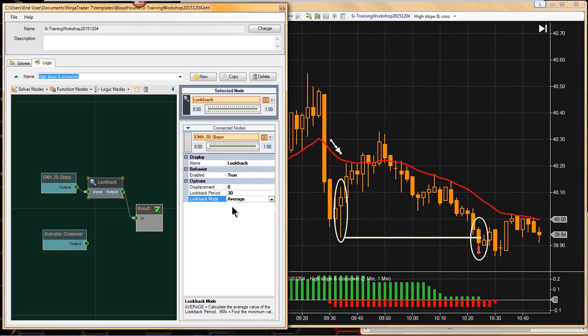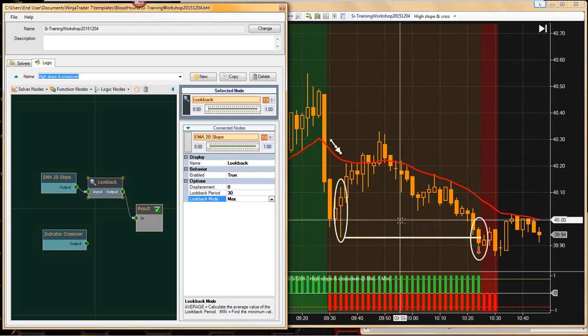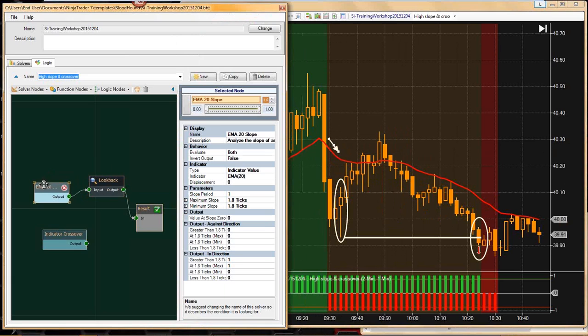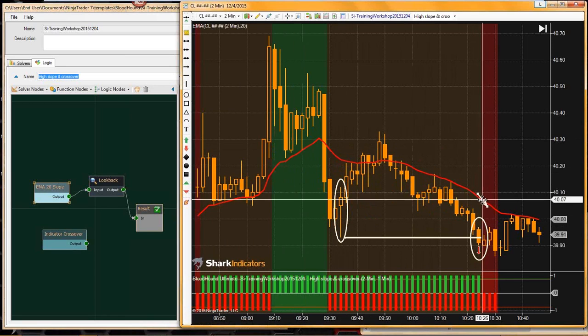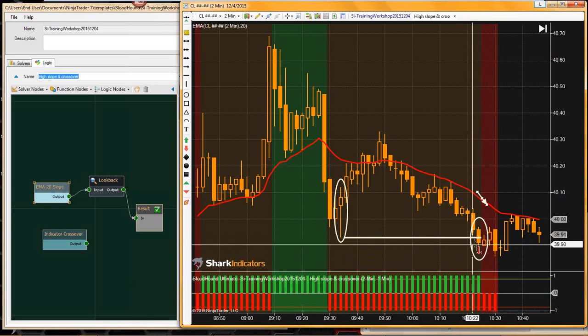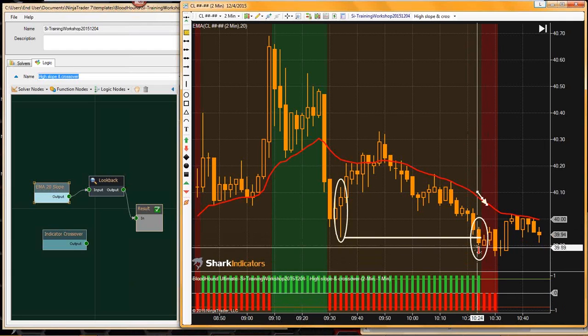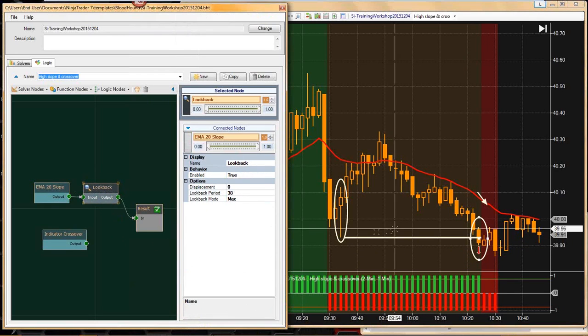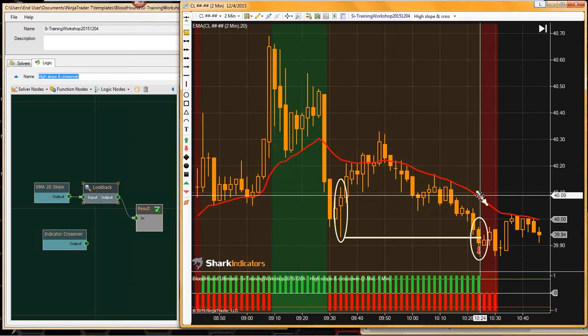But in this case, we're going to use the max here. And so what this look back did is it took the output from the slope solver and extended it forward in time for 30 bars. So even over here, when your trade trigger occurs, you can see we have a short output with this trade trigger, and then that would fire off your signal when you get this crossover. All right,